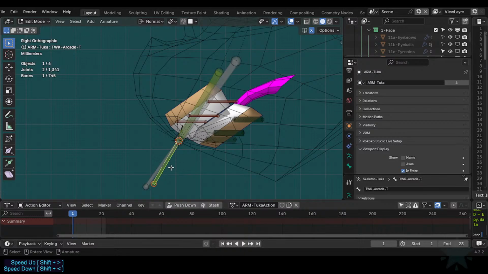And that can be a bit confusing because they are crossing, but